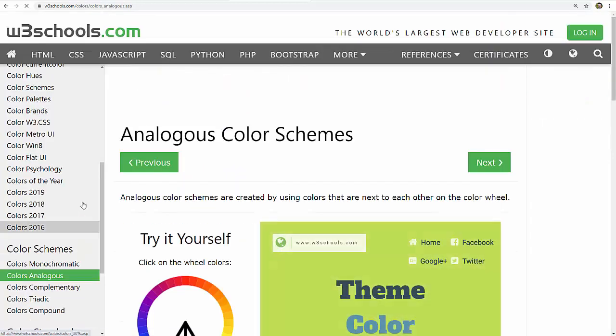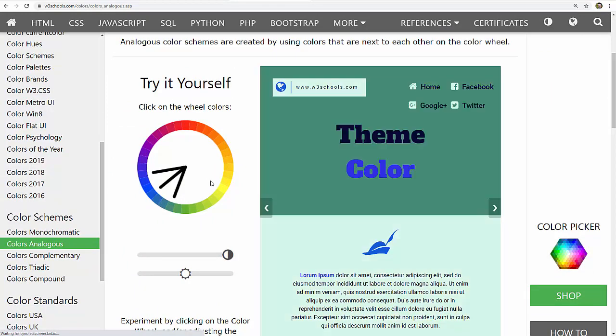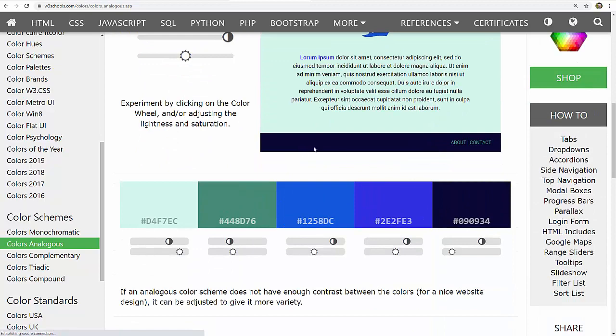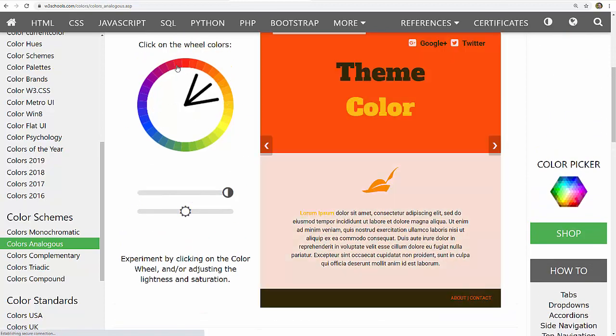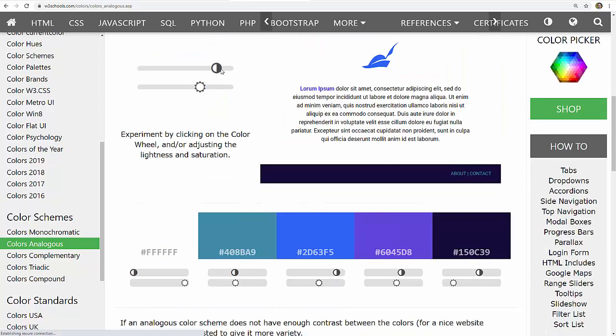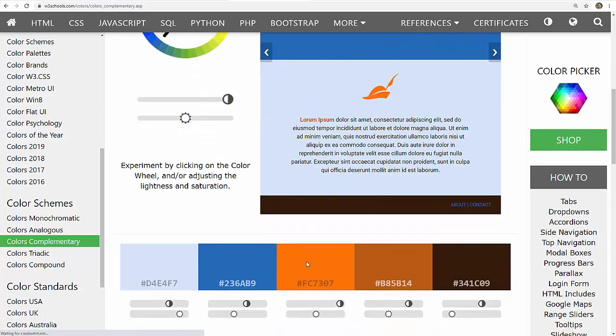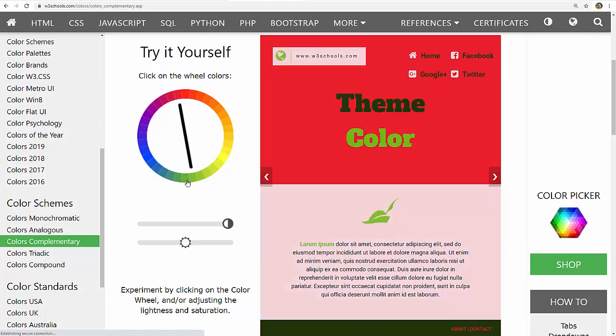Let me show you a couple other color schemes. So analogous is 3 colors that are next to each other, and so that creates just a little bit more color, and you can pick any side of this color wheel and get an example of colors. You can even take the saturation out so it's not quite as bright, or just change light and dark, so you can mess with that a little bit. I wouldn't mess with the individual ones down here, just this one right here, and it gives you 5 colors that you can work with. Complementary are 2 opposite colors on the color wheel, and so then you get a pop of color, lots of blues and then a bright orange, for example. So 2 colors opposite,